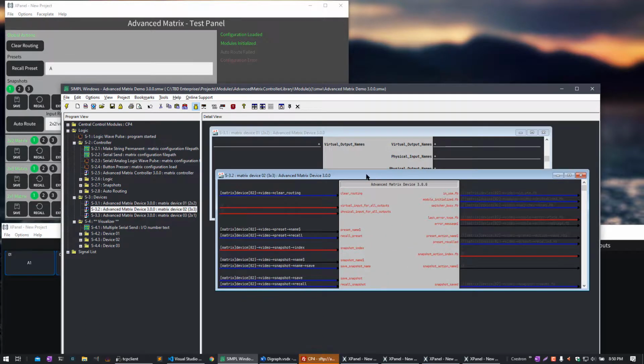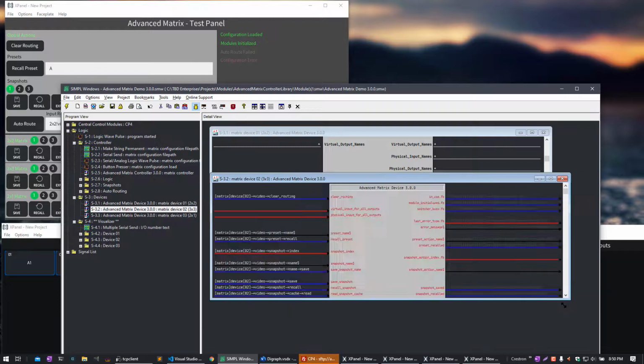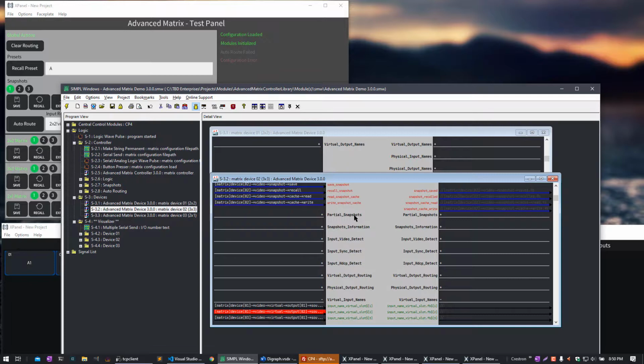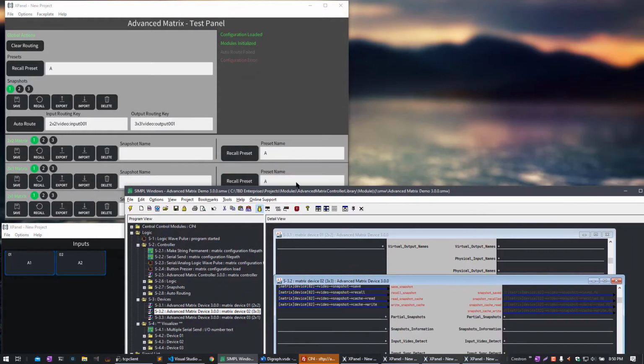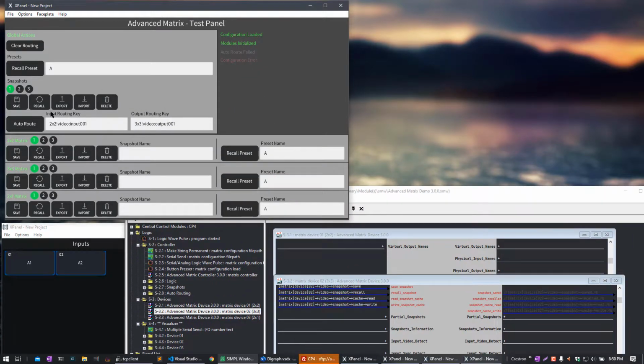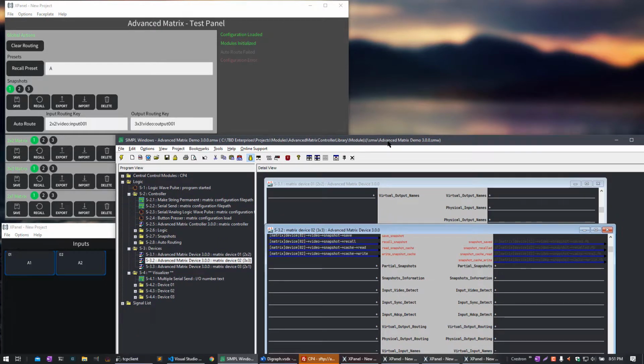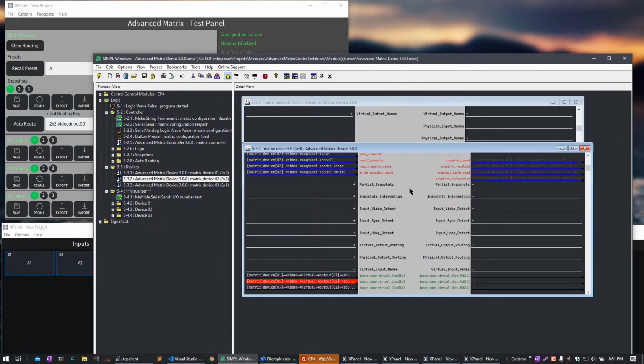And some of the other things, because there's a lot of things involved in these modules, is all the partial snapshots and input video detect and sync and all that. It's really hard to put everything on a single panel. It's starting to look like a control center almost, but I tried to explain just some of the more complicated and less intuitive parts of the functionality that this module provides,